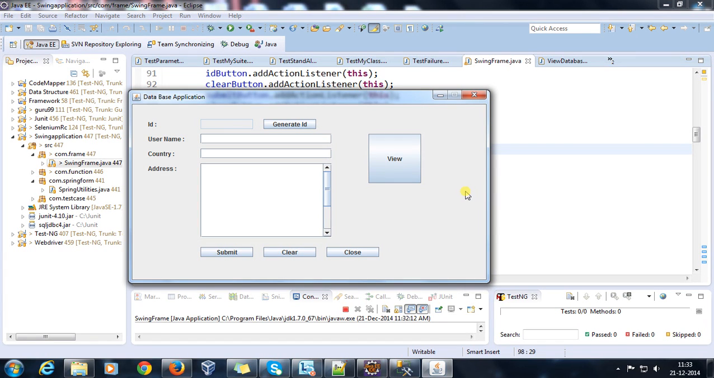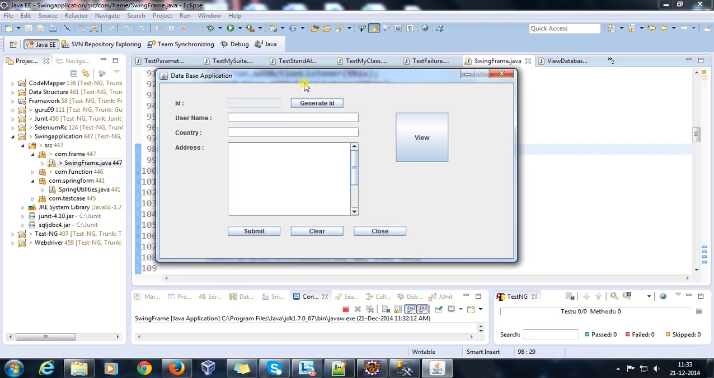Hello everyone, welcome again. In this video we are going to see how you can write the JUnit for a Java application. For that I am going to take the help of this Swing application. Inside this application, if I click on generate ID, it is going to generate a random ID for me